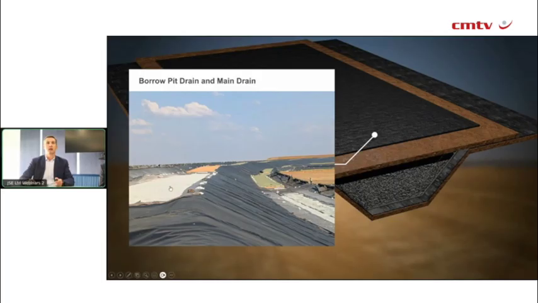What you can see here is the geomembrane just before it's being folded over. The area has now been filled with the stone. You then fold over the membrane and you put a sand layer on top of that. That's what you see on the next slide where my cursor is right now.